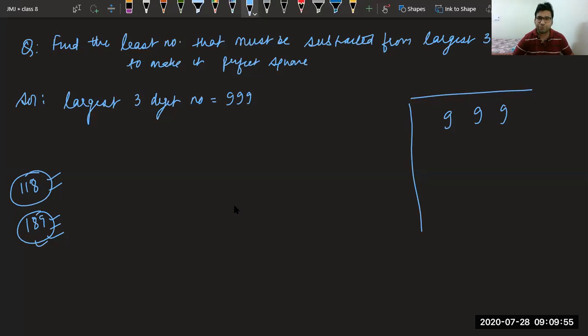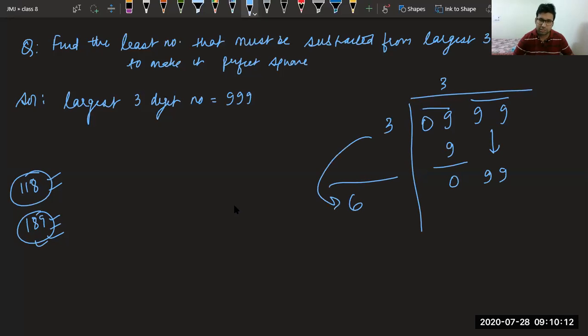Okay, now let's start. Again, we make pairs like this. We all know 9 is a perfect square of 3. So we go with 3 only. 3 3 is a 9. We have got 0. Now this 99 will come down. We will do twice of 3. It becomes 6. Now tell me which number can we take which is close to 99? We can take 1. 1 1's a 1. 1 6's a 6. What is the remainder? Remainder is 38.